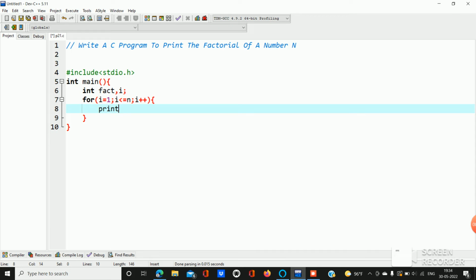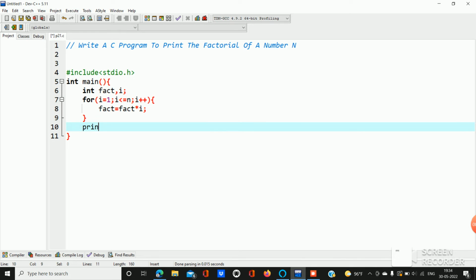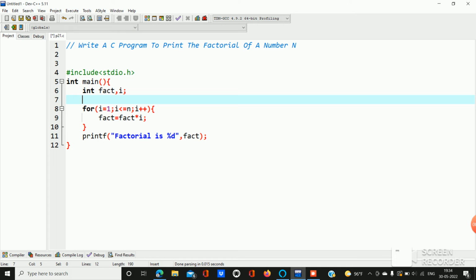Fact is equal to fact into i. Printf "factorial is %d", comma fact. Now here we have to write fact is equal to 1,